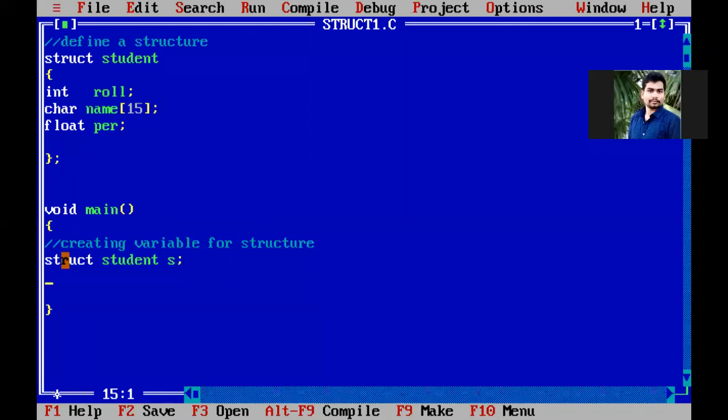After creating the variable s, we have a copy of roll number, name and percentage, so that whenever memory is allocated for the roll number, name and percentage when you created the structure variable, you can also store some values into the roll number, right? So now the third point. What is the third point?